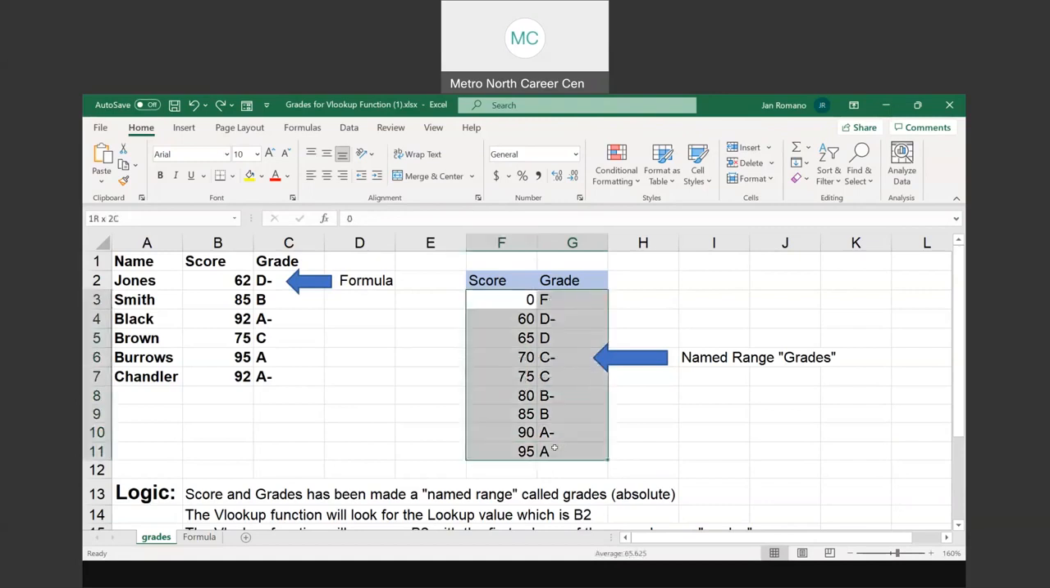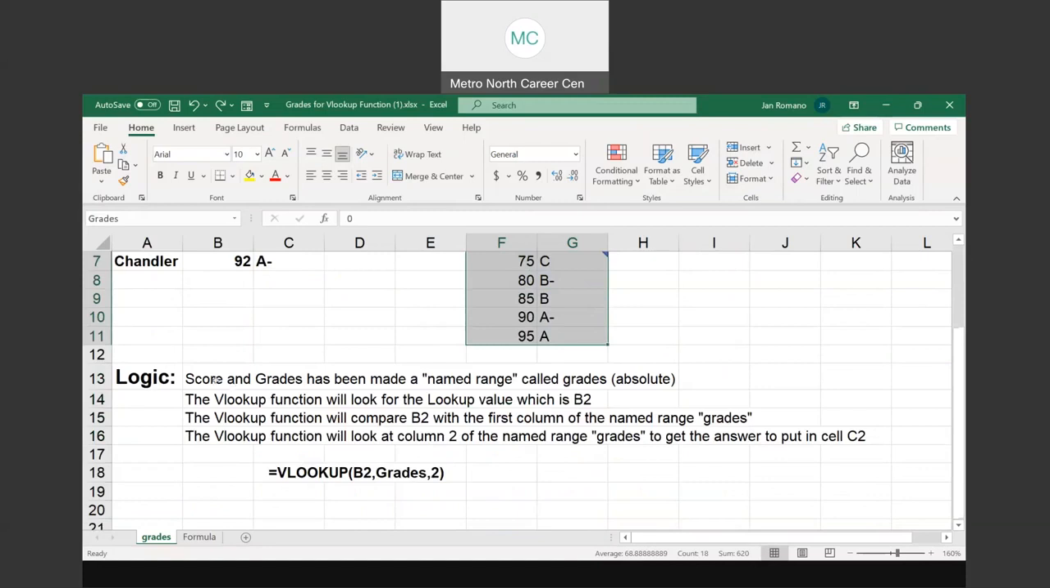This scale can be 1,048,000 rows long. It can be as wide as many columns. In this case, I'm only using 2 columns to show you a very simple formula in order to use the VLOOKUP. Now I want you to notice the logic down here. Scores and grades